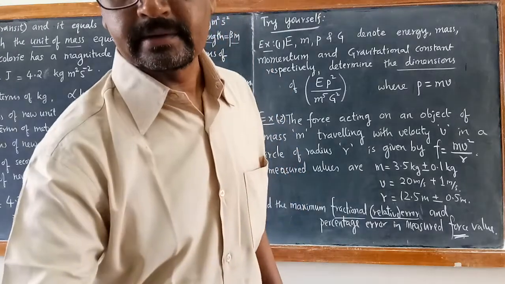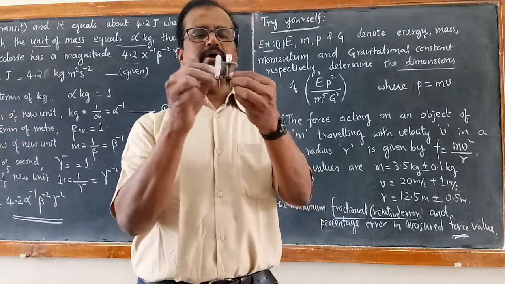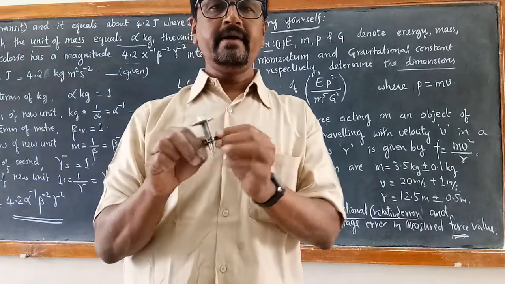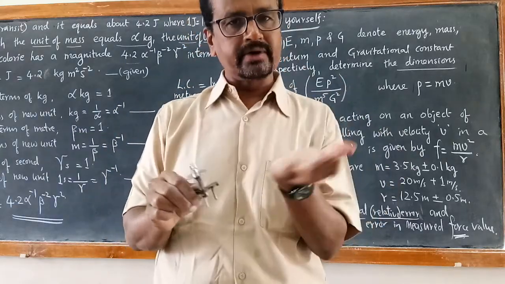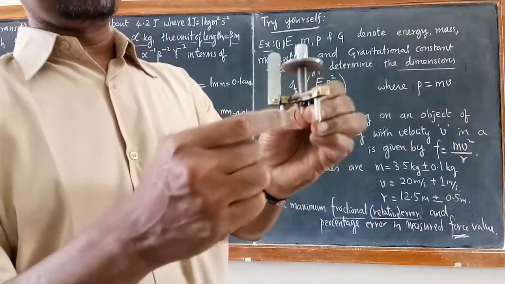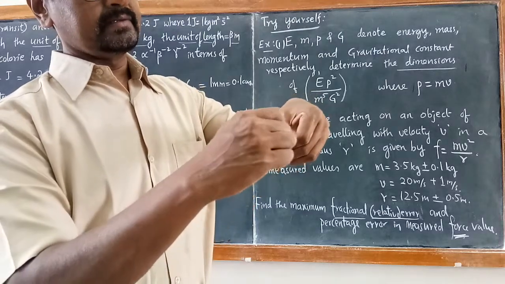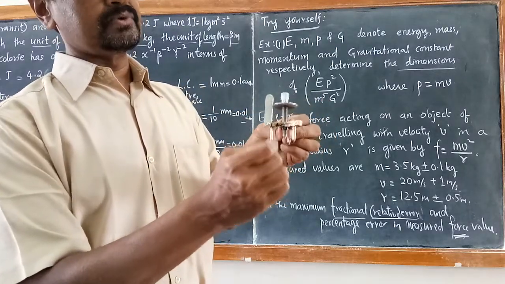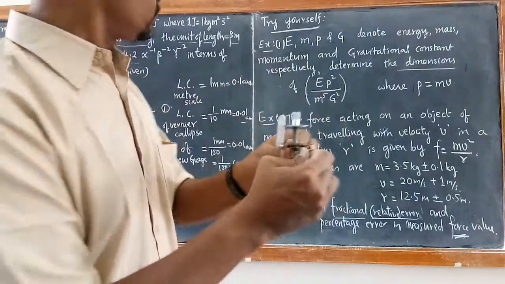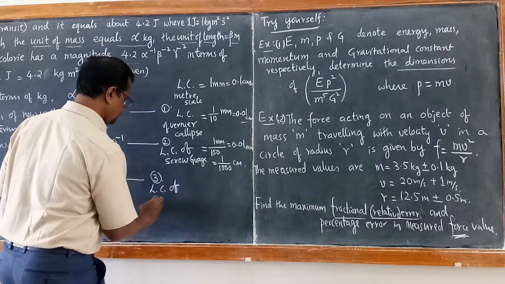That's how it helps us find the thickness of a very thin wire. In the same way, one more instrument is there. It is called a spherometer. This spherometer is used to find the radius of curvature of a given convex surface or concave surface. It also has two scales, one vertical scale and another circular scale. It has three supports. Again, the resolution or limit of resolution or least count of the spherometer